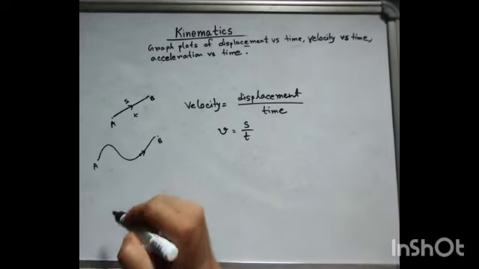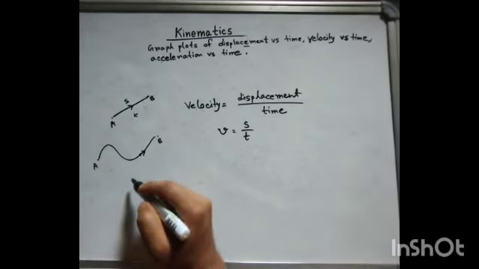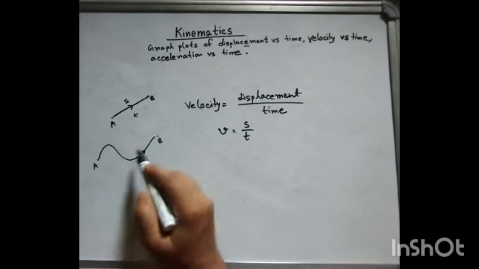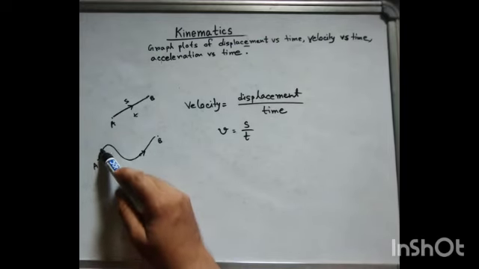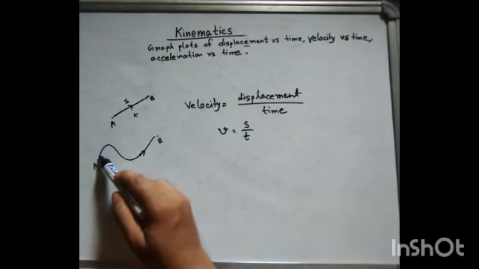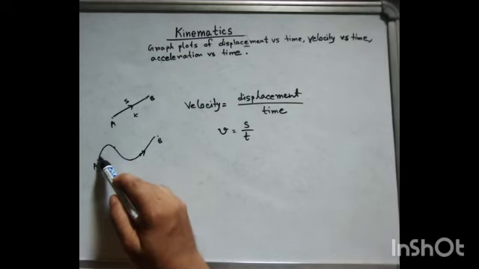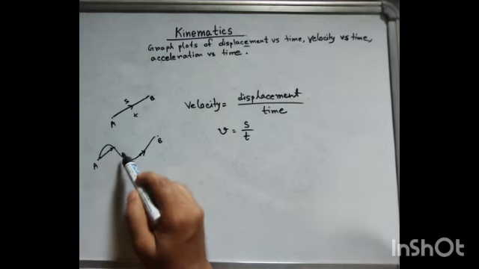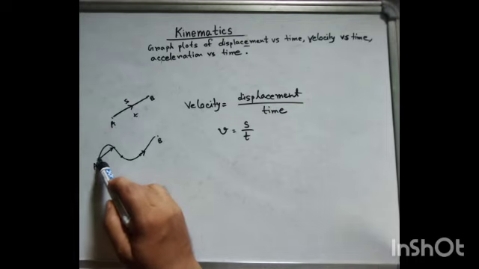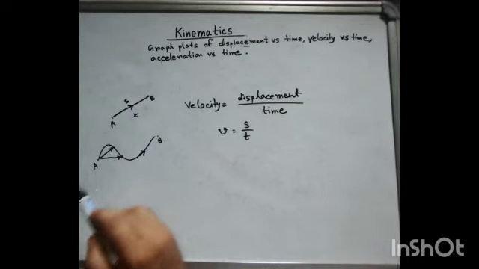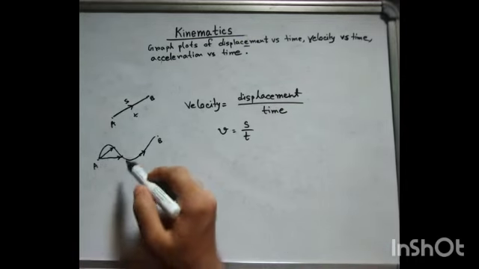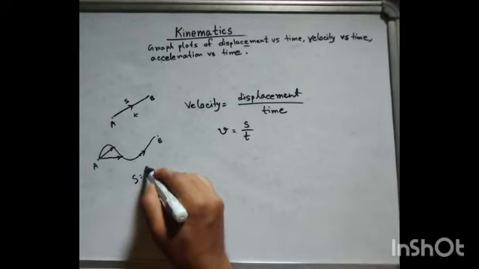So I'm trying to find instantaneous velocity. In that case I have to know the displacement at different times, suppose when the object was here, the displacement was this, when here the displacement was this. So I have to know s as a function of t,